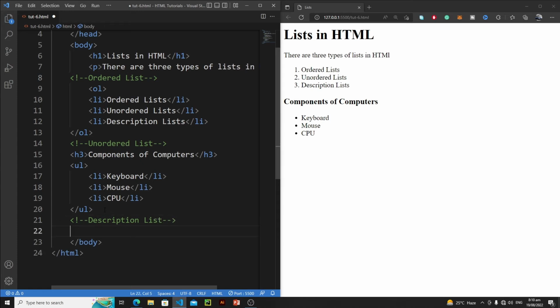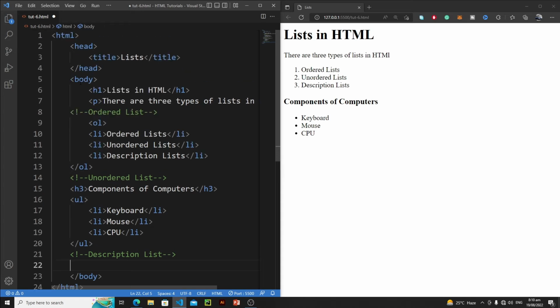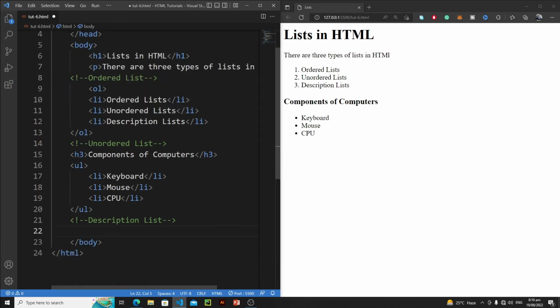So description list is quite different from an ordered list and an unordered list, because in description list we need to define the description title along with the description data. So first of all, we need to tell the browser that now you are going to deal with a description list. So just write here DL for description list,